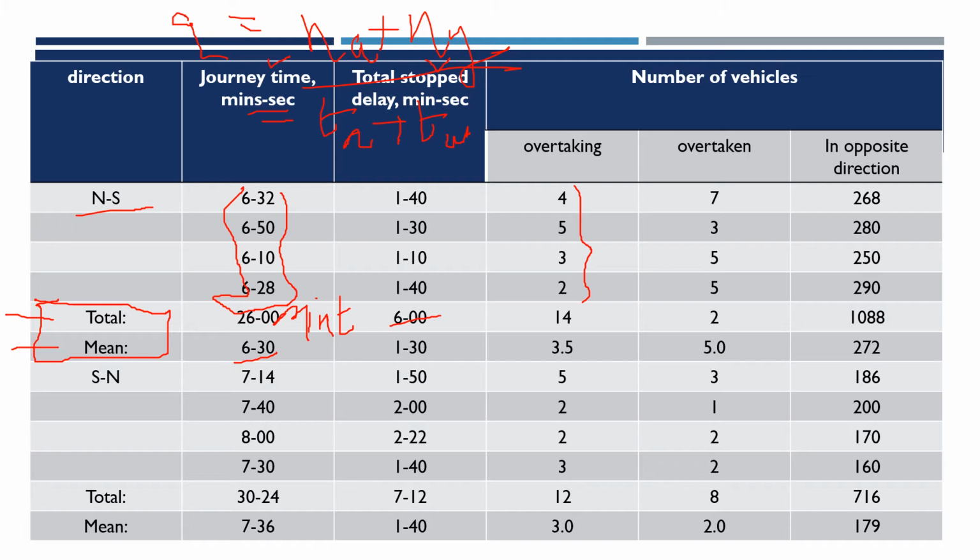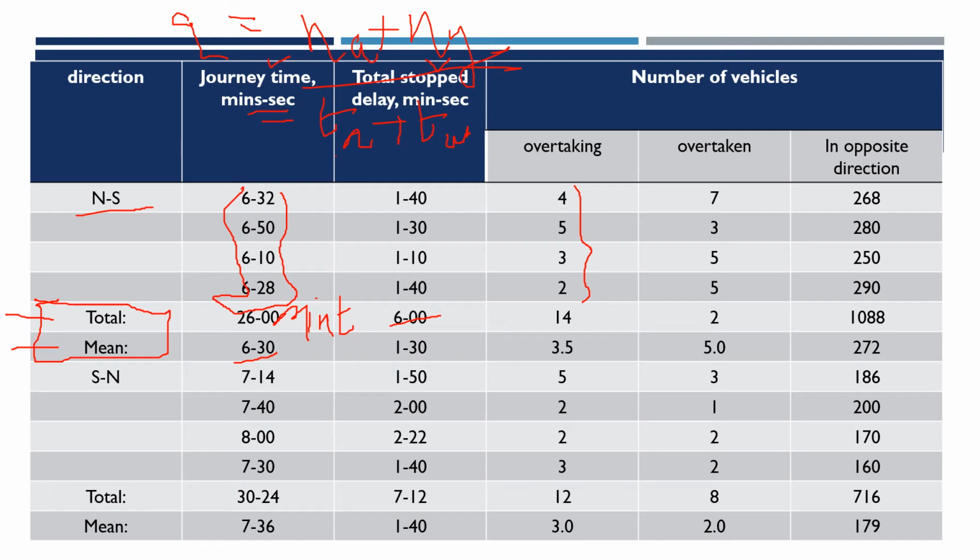Now let's look into the first case, Q for the north-south direction. Let's look into the denominator first. We need TW and TA. TW corresponds to the average travel time taken to complete the journey when the test vehicle moves from north to south, that is along the stream. When the vehicle travels from south to north, that is the opposite. So TA is when the test vehicle is against the stream, and TW corresponds to with the stream.